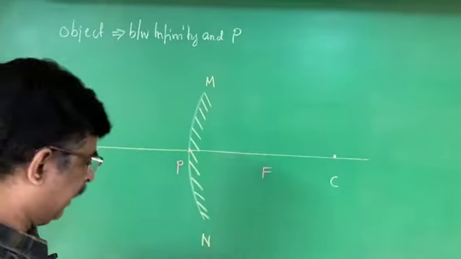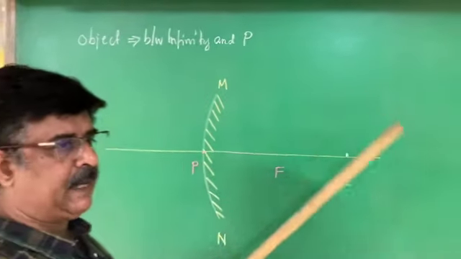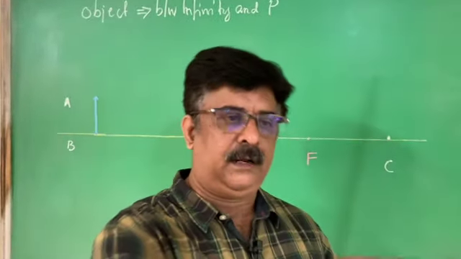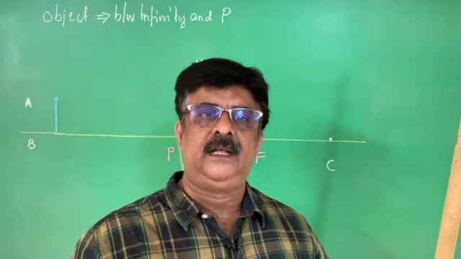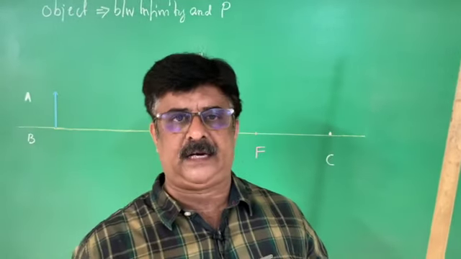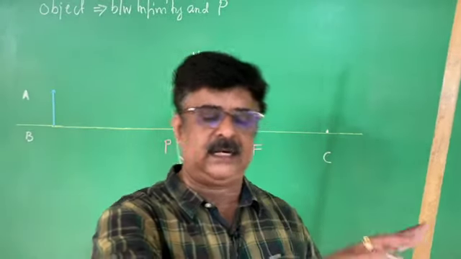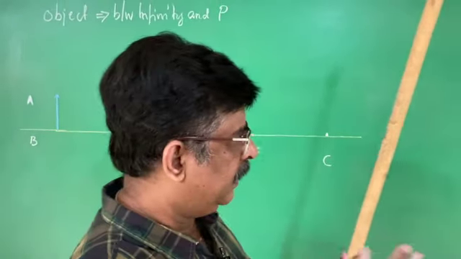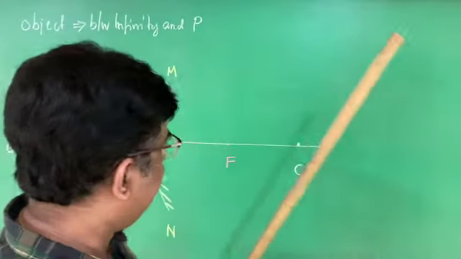Therefore, only one ray. Why we select that particular condition? The ray of light which passes to the center of curvature follows the same path after the reflection, because we don't get confusion there. Where is the incident ray, where is the reflected ray? Both are same. Only we have to put 2 arrow marks. One is for the incident, another for reflected. To reduce the confusion, we always select that condition. We can write any condition.